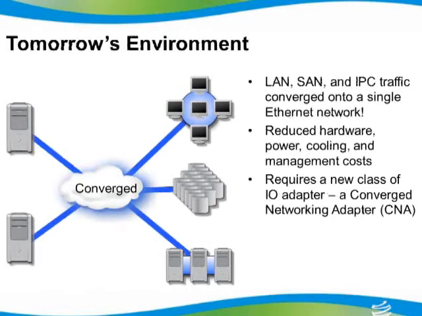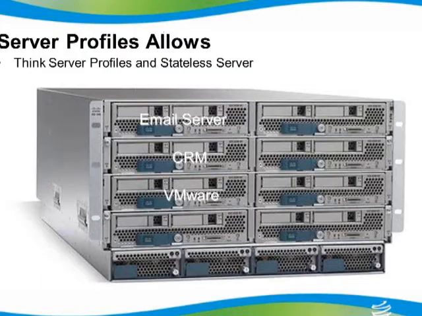So today's environment, I've got different network connections for my SAN, LAN, and IPC traffic. We're going to consolidate that down to one set of wires that exist within my IT back room. And when I do that, I can do some pretty amazing things. Say for one reason or another in this diagram, I needed to move the server profile from the first blade in this environment to another blade in that infrastructure. Then I have to do some routine maintenance on that blade, add some more RAM or whatever.